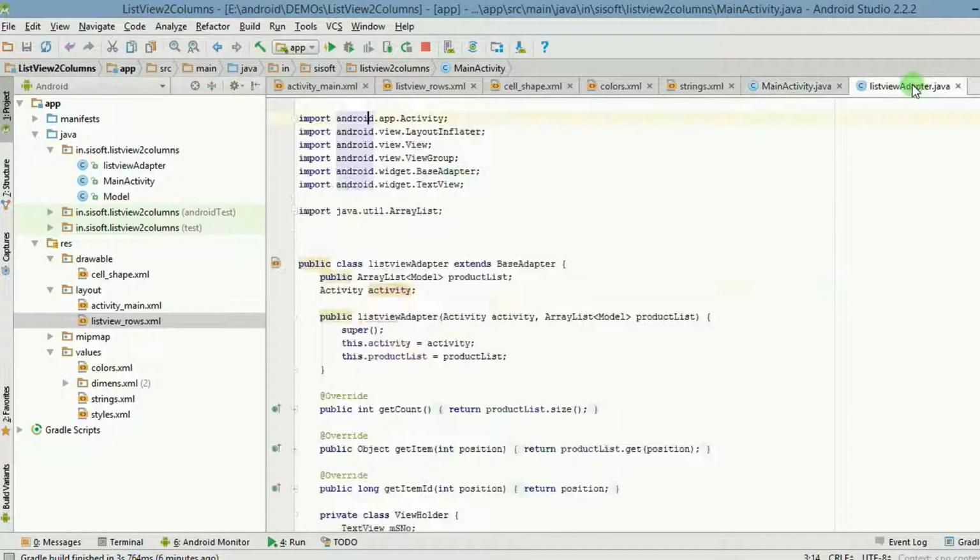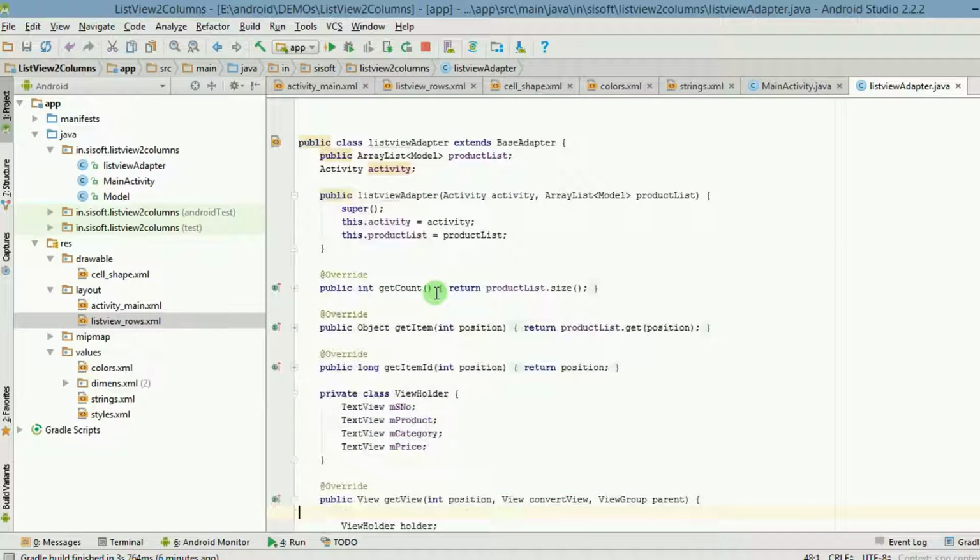Now let's move to our list view adapter. This is the list view adapter which I was talking about. This is the class ListViewAdapter which is extending this BaseAdapter class, right? And we have created an object of activity also. This entire app has a lot of dynamic functionalities inside it, and that's why we have created activity here. And here I am utilizing the list view adapter method. I'm calling this method